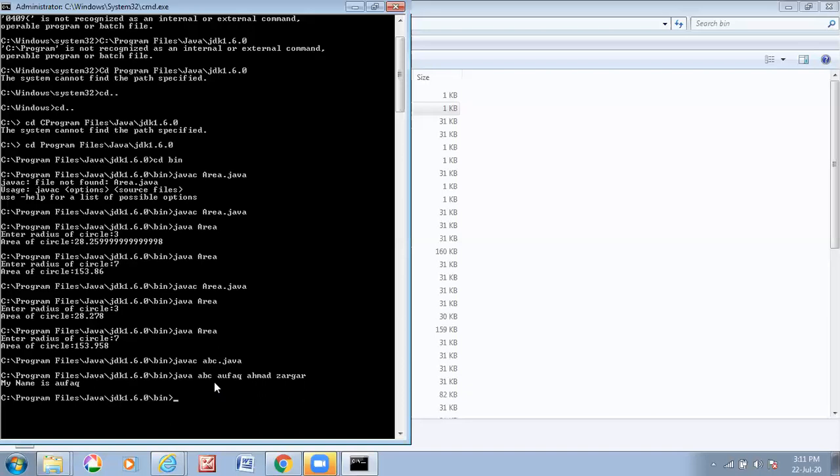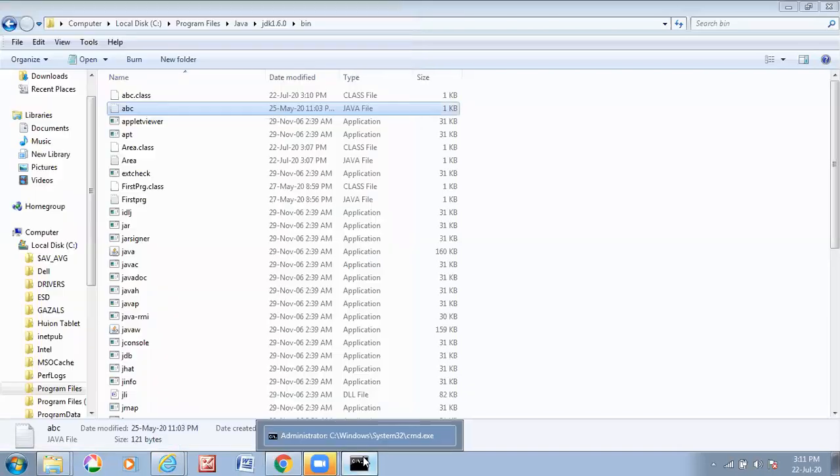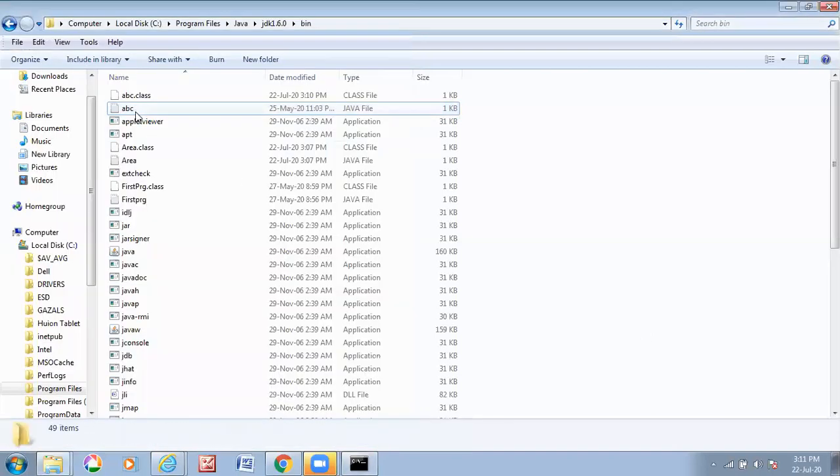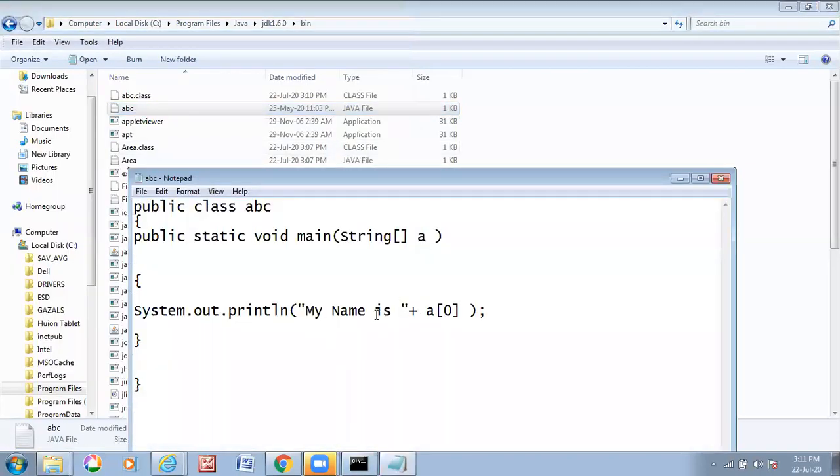Why? Because in our program, we are only referring to index 0. If we refer to index 1 as well as 2, it will print like that. Now, "My name is" plus A0.